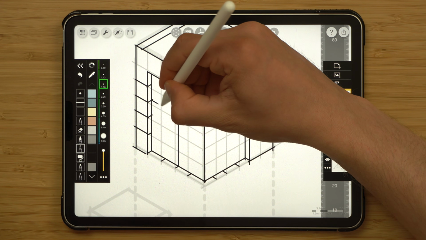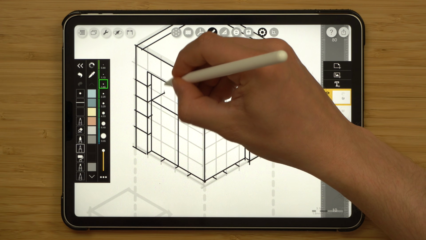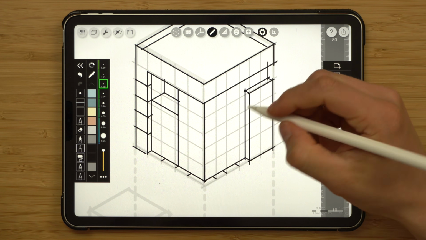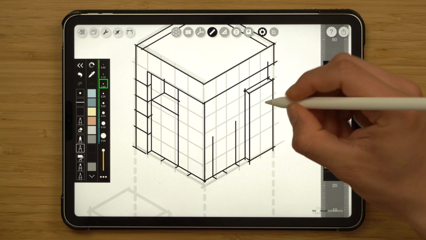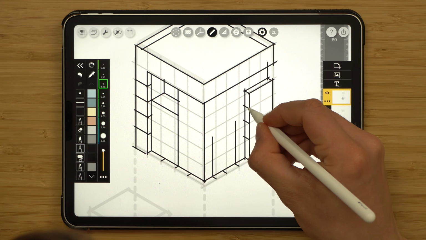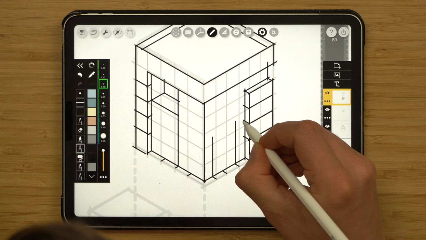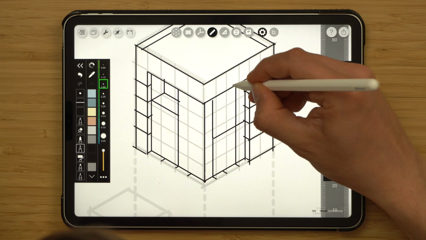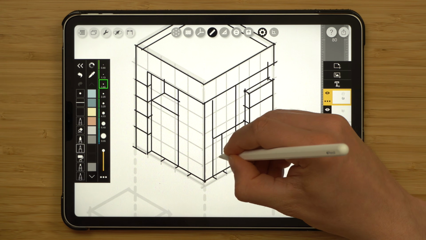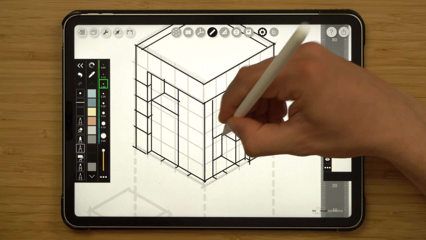So I probably want an opening there, a kind of extrusion within the cube, just for artistic effect. Maybe it symbolizes or signifies an entrance into the building. Again, I'll restrict the height to where the guides are intersecting. This is going to be my second extrusion on this side.